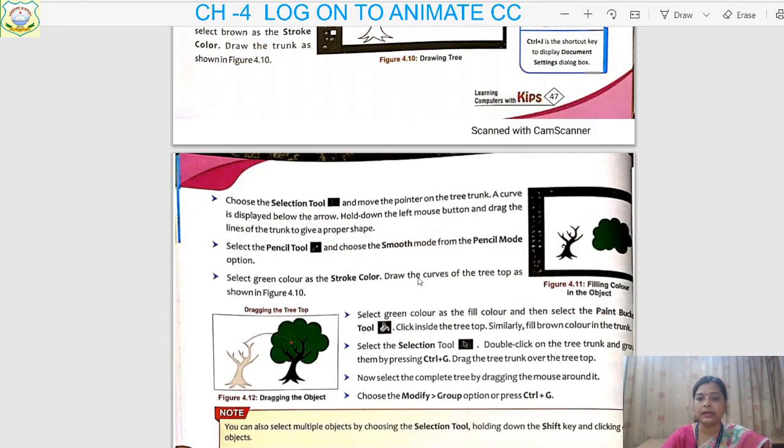Then after designing, we filled the color in it by using paint bucket tool. First the stroke color, and then by using the paint bucket tool, we fill the color, either brown or green or whatever is our requirement. And then we have grouped it by using Ctrl plus G or by clicking on modify and group option.